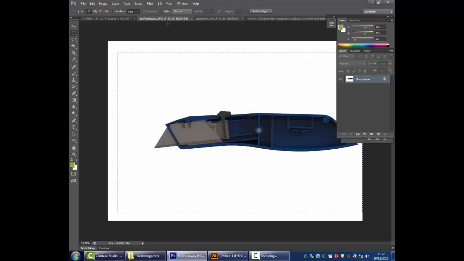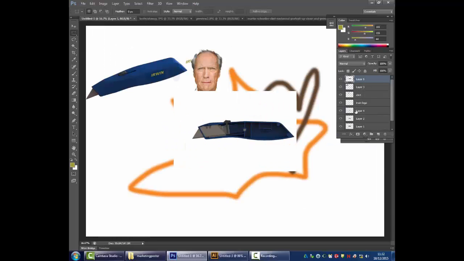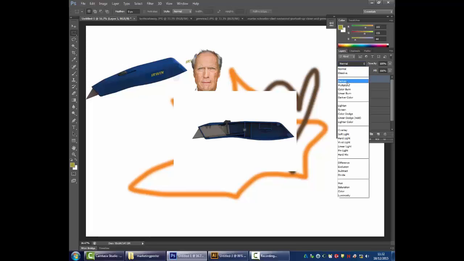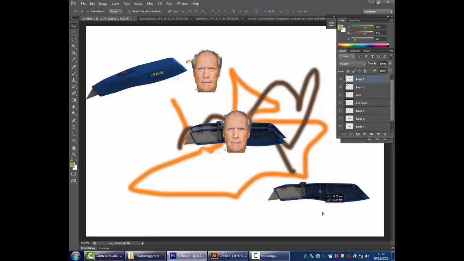Copy that, paste that in. Now if I put that on multiply, imagine this was actually quite a complicated thing to cut out, like I was demonstrating all the different operations you can use to cut things out. If you just wanted it near the edge like that, I haven't cut that out, but in multiply, the white